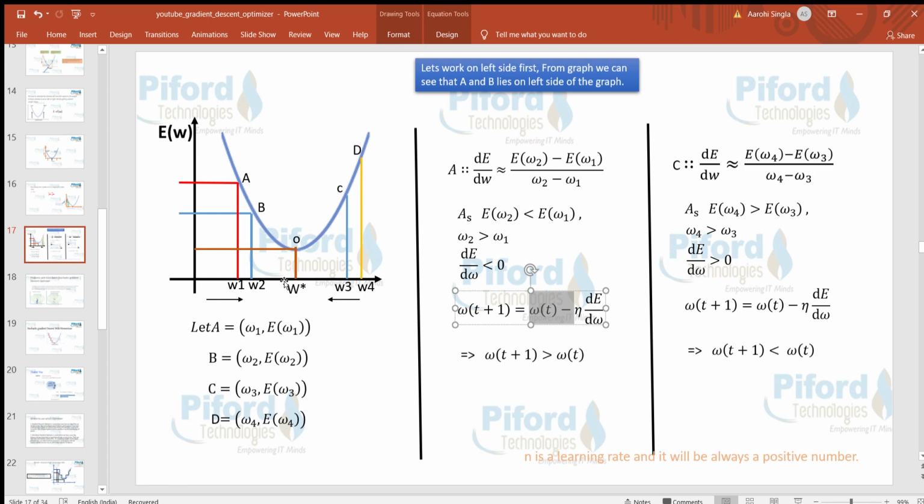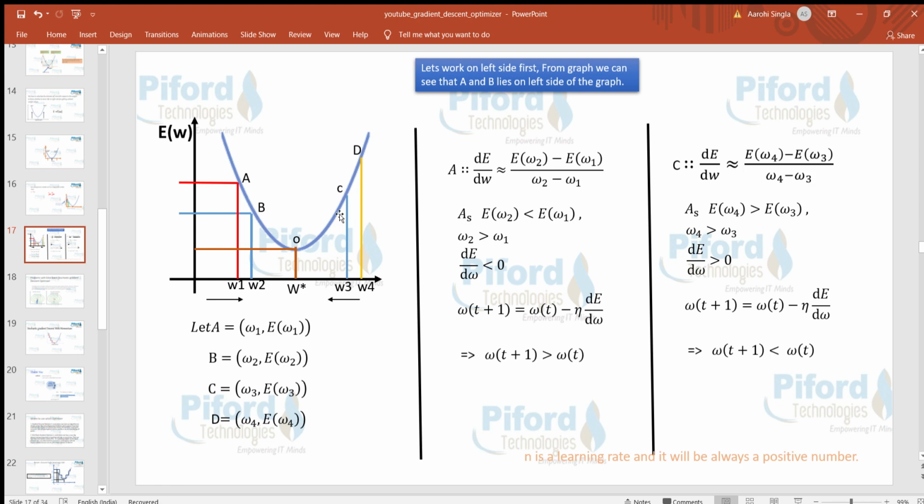So this is the global minima. That means we have applied this weight updation formula, and if dE by dW, derivative of error with respect to derivative of weight, is a negative value, and we apply this weight updation formula, our formula is telling us to move in the right direction to reach the global minimum, right? So this is the scenario when we were on the left side. Now let's see what will be the case if we are on the right side, right?